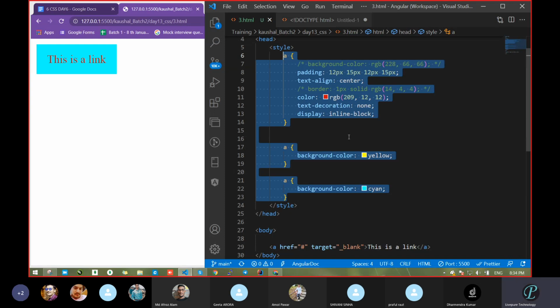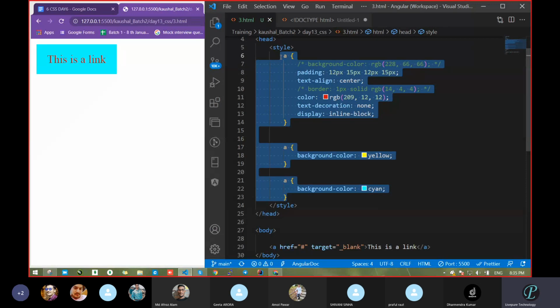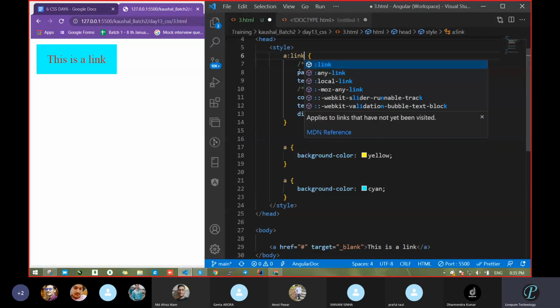But what I want is to behave differently in different situations. That's why we take different cases like visited, link, that type of thing. Got my point? Why do we take different cases or not? Shivani, is that clear? Yes, sir. Because now if we take the anchor tag only in all places and we want different properties. Okay, now come line by line. When you want this property by default, this all by default. Go with default. By default means the link property, link class.